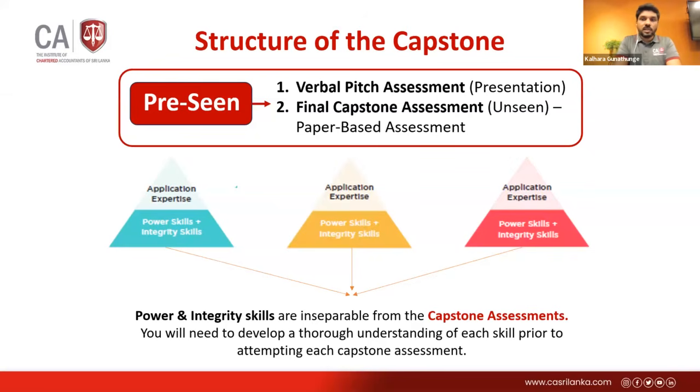There are several steps to complete in order to get to the final capstone assessment. That is why we have planned the capstone assessments, including power skills and integrity skills, for a 6 month period. Our students need to understand that concept.